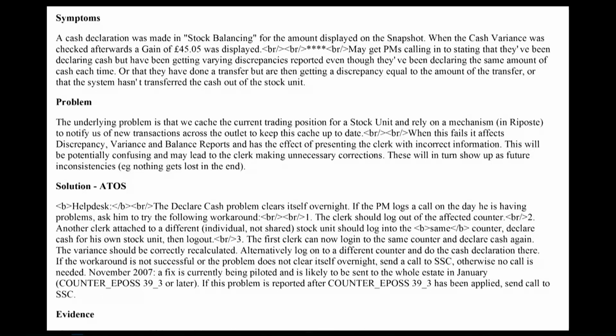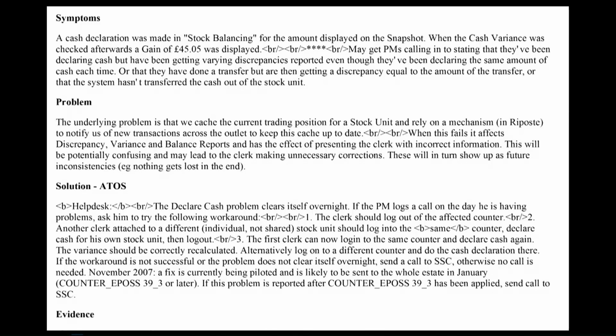A cash declaration was made in stock balancing for the amount displayed on the snapshot. When the cash variance was checked afterwards, a gain of £45.05 was displayed, and then a string of characters. You may get postmasters calling in to state that they've been declaring cash but have been getting varying discrepancies reporting, even though they've been declaring the same amount of cash each time, or that they've done a transfer but are getting a discrepancy equal to the amount of the transfer,